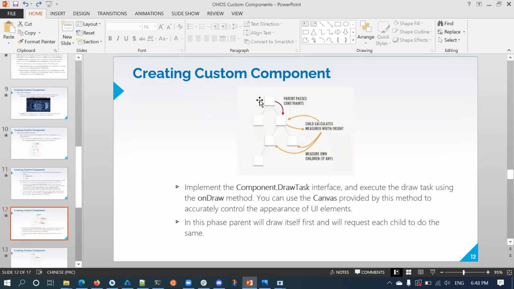You see this figure, resembling that XML. So it will be this dependent layout. It will pass the constraints to the custom view. The custom view, since it overrides the onEstimateSize method, we will provide the logic in the onEstimateSize method. Based on the constraint, it will calculate the desired width and height, and it will set it back. If it has a child, it will ask the child to do the same.